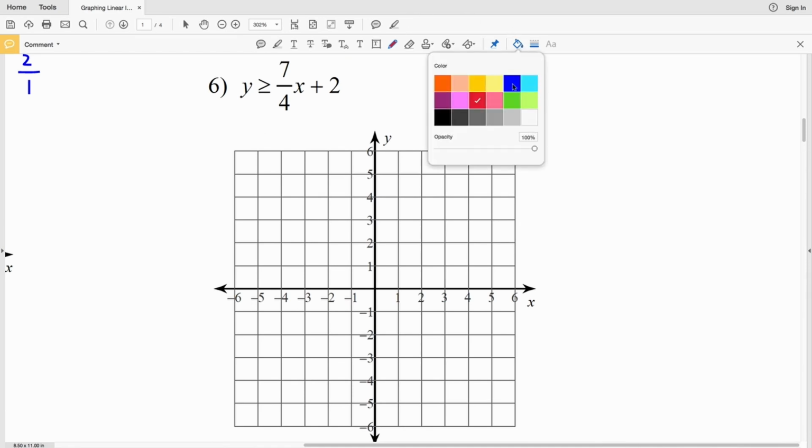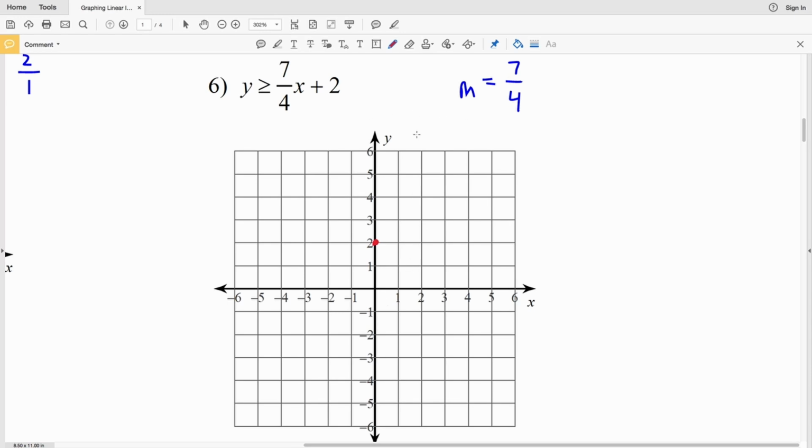In number 6, our m, or our slope, is 7/4, and the y-intercept occurs at the +2. So when x is 0, y is 2. Now if we were to go up 7 and over 4, we would be off the graph, but we know that a negative over a negative results in a positive, so instead let's go down 7 and to the left 4. That will put us at the point